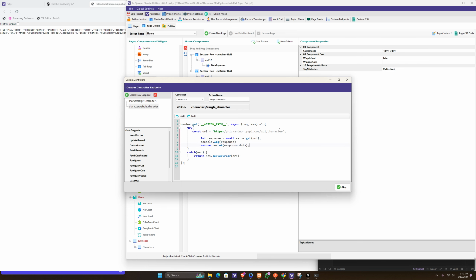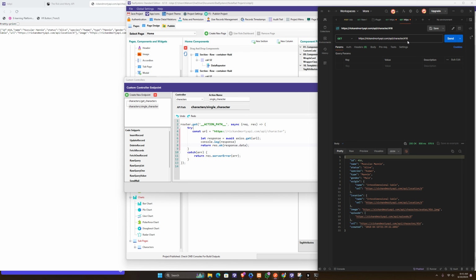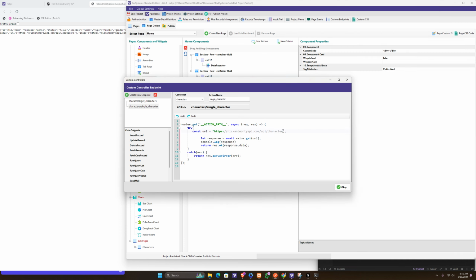right in here. So this character here, as you can see, the API that we're trying to reach is this particular API here, which is Rick and Morty /character, right? Like that. However, this expects us to pass the ID of this particular character here at the end. So what I'm going to do is switch this to that, so that now I can add